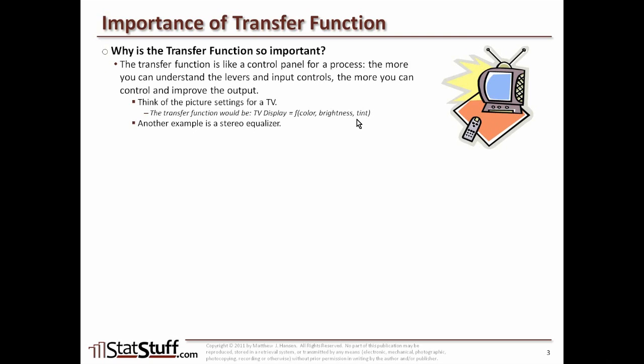Let's say you've got a stereo equalizer. Well, the transfer function for something like that might look like the sound quality, the desired quality of sound that I want to hear from my stereo, would be some sort of function of, let's say, 3 basic types of audio settings: bass, mid, and treble. Again, these are independent of each other. I should be able to independently adjust